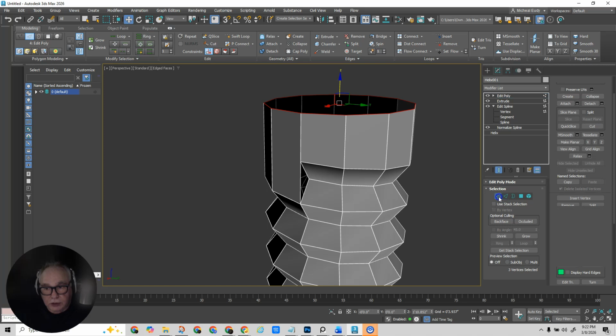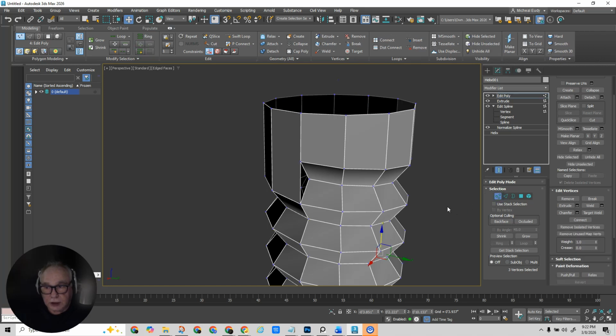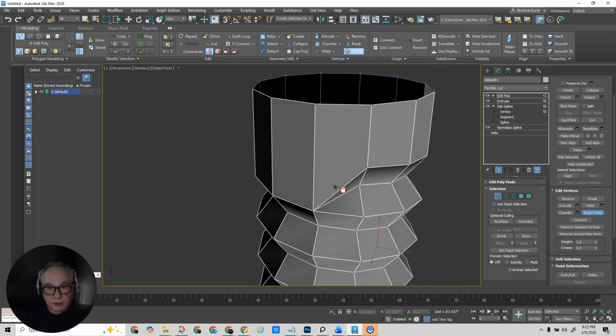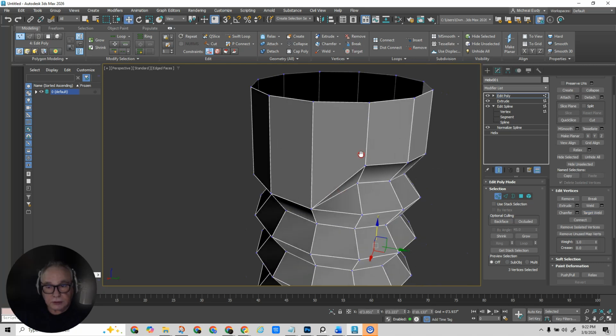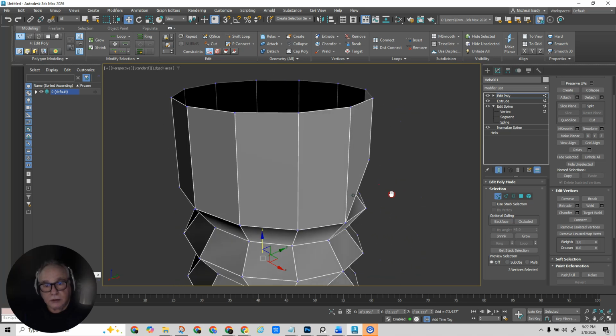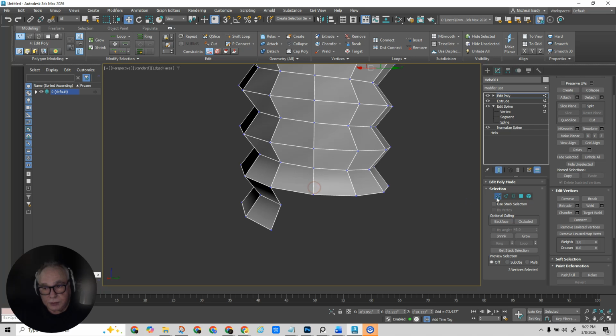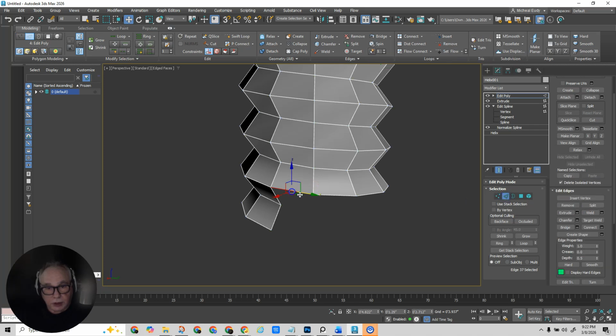So what I want to do now is go to vertex, and what I'm going to do is do target weld, and I'm going to weld this vertex to there and this one to there. Okay. Now I want to do the same at the bottom. So I'm going to come in here,